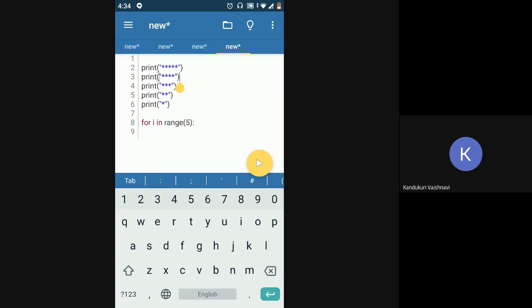So what will the number of stars depend on? Which variable will the number of stars depend on? Anyone? Here also we want the number of stars according to the iteration. In the first iteration I want 5 stars, in the second iteration 4 stars, in the third iteration 3 stars.